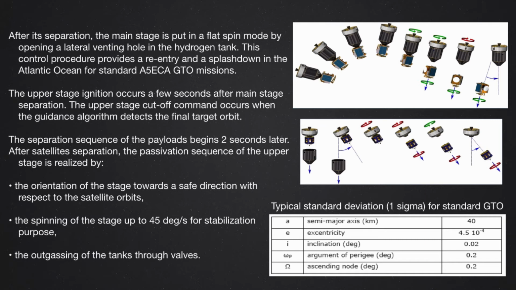So when you are in orbit, as soon as the onboard computer realizes the launcher is on GTO orbit, there is a shutdown of the engine. The valves are closed and the engine shuts down. So now you are in what we call the ballistic phase. No more thrust on the launcher and you are on GTO